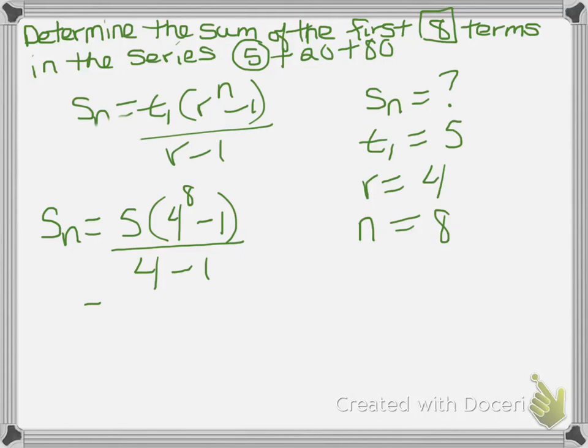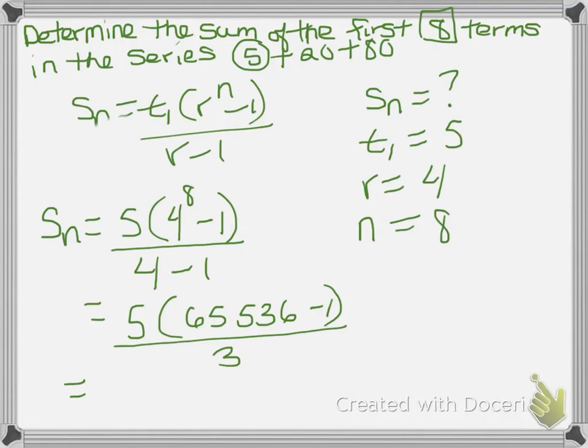Okay, so then we can start to solve. So 5 times, so 4 to the power of 8 is 65,536 minus 1, and that's all divided by 3,